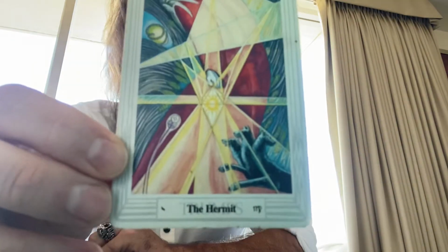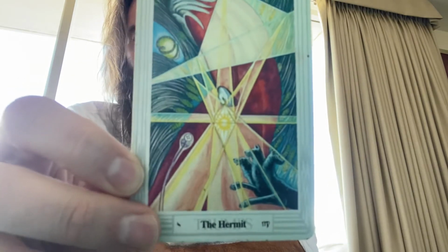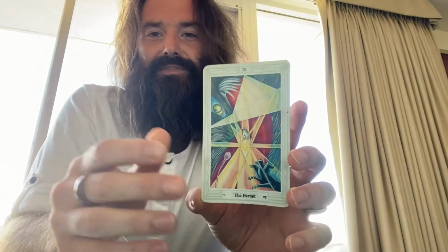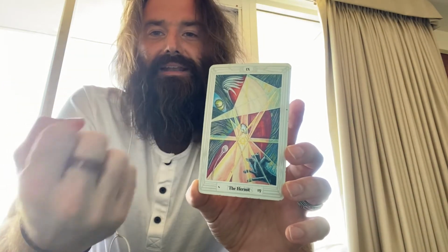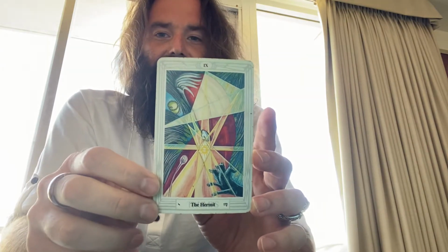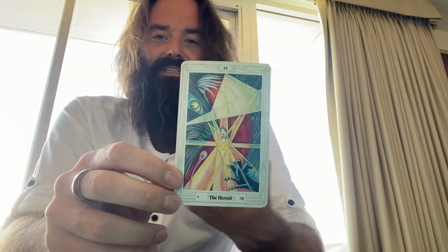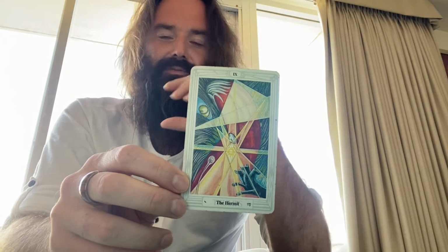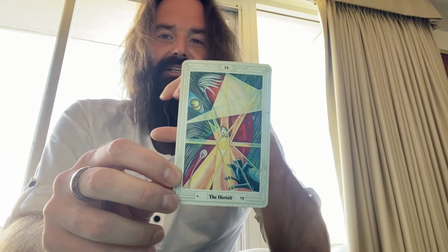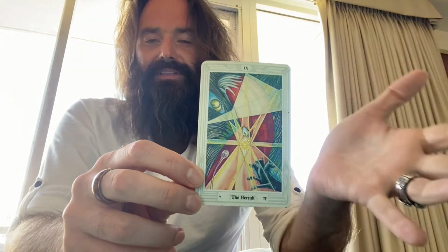Next we have the Hermit, which is related to the Yod, which is 10. The number is numbered at 9. So this is the process from 9 to 10 and 10 back to 9. Now, the Hermit represents the full realization of the union with the self. That's why he's the Hermit, because he is alone. He's reached the highest peaks and realized that everything is an expression of this self, and then shines the lamp of his lantern, of his star, outward to the rest of the universe that they can be guided to the